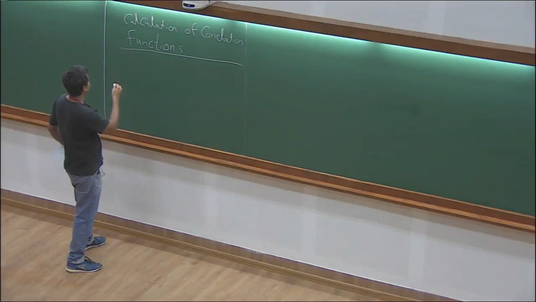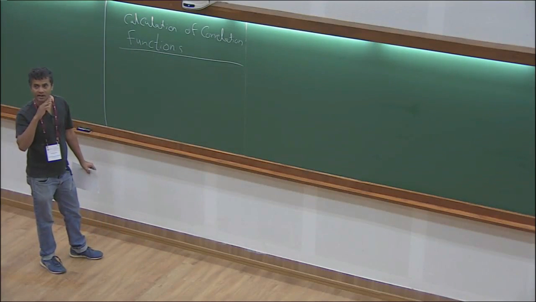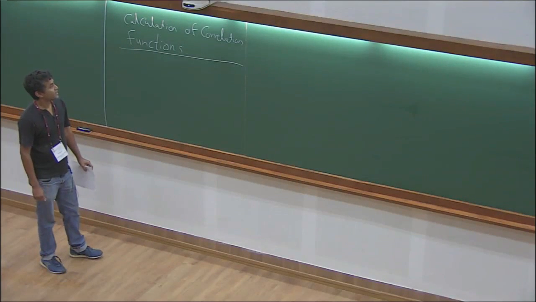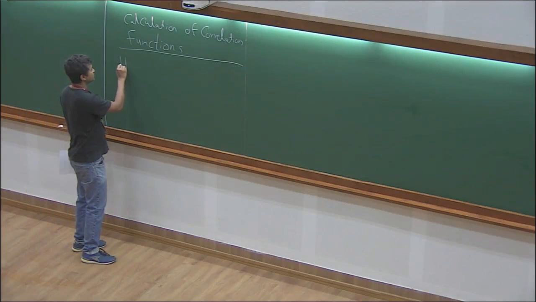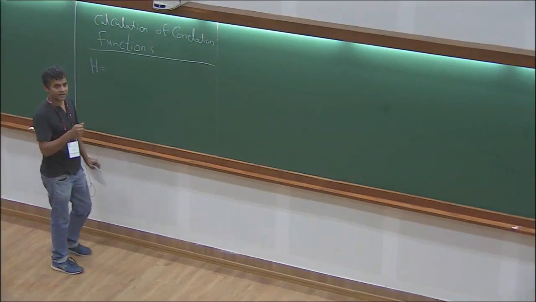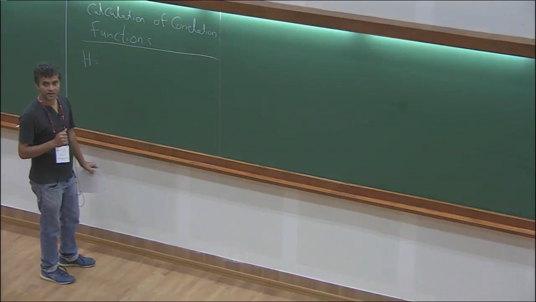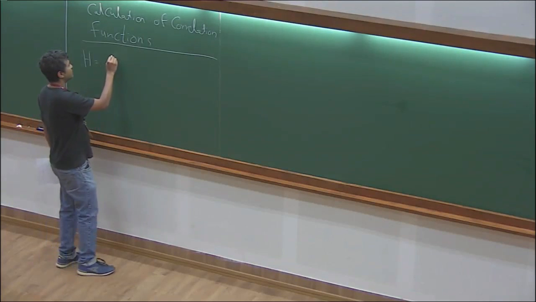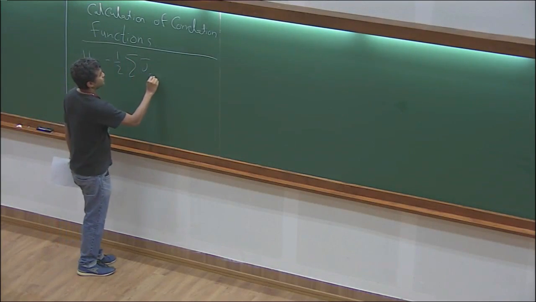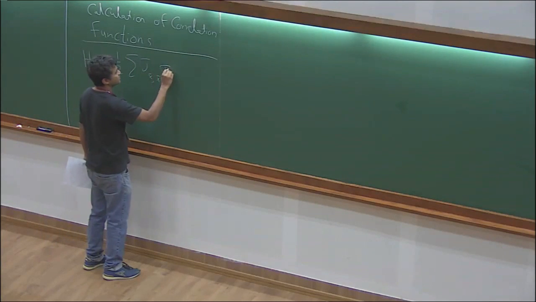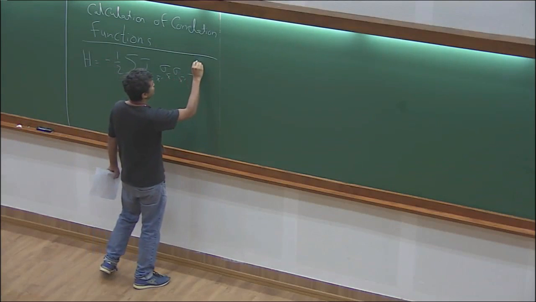Okay, so what we were trying to do is compute correlation functions in the Ising model using mean field theory. And we said that it's good to start by putting a magnetic field at each site and then look at the response function. So if we put that, then the Hamiltonian becomes minus